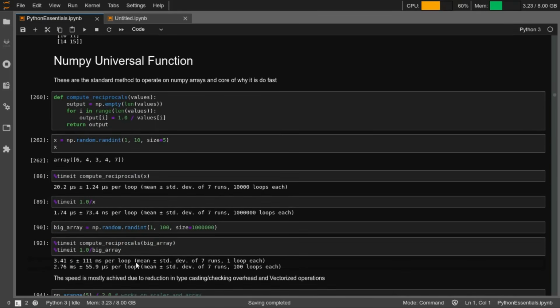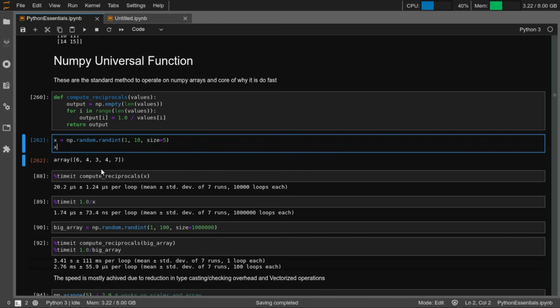Now come the universal functions that can be used with NumPy. As we said in the beginning of this tutorial, the advantage of using the NumPy library is that it does certain things in a very speedy manner, right? So let's verify that for ourselves for a second, right? What we are doing is generating a random integer array, right?